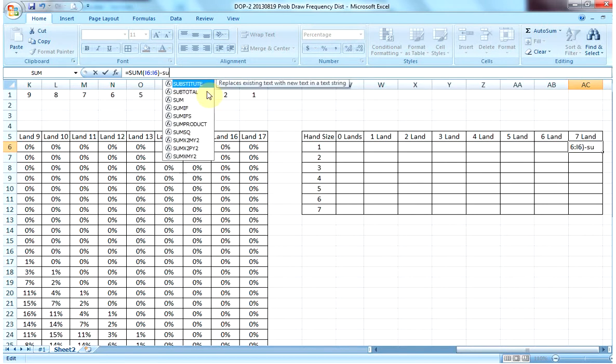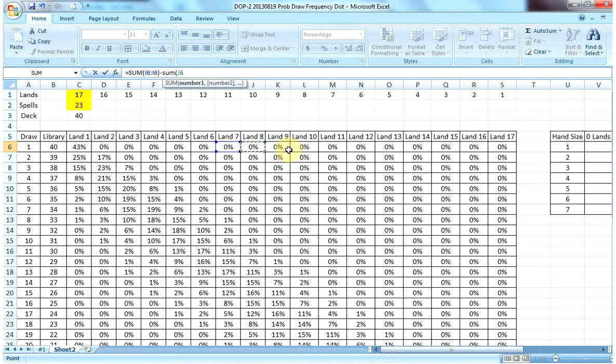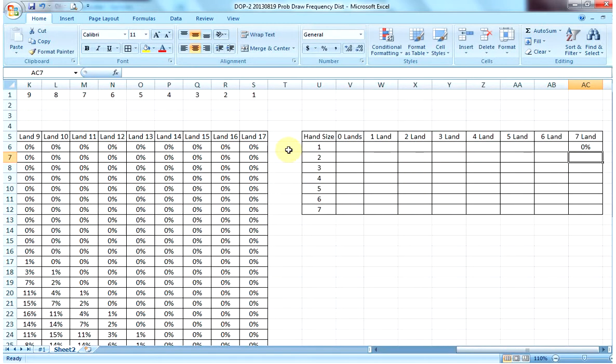Again, just to make our formulas clean, we will go ahead and look at 8, even though we know across the board there is no chance of us getting 8 or more lands in a 7-card opening hand. But by putting the formula in, we can copy it across and not have to adjust it. And again, we need to lock the top cell, the top row of this sum range, so that when we drag it down,